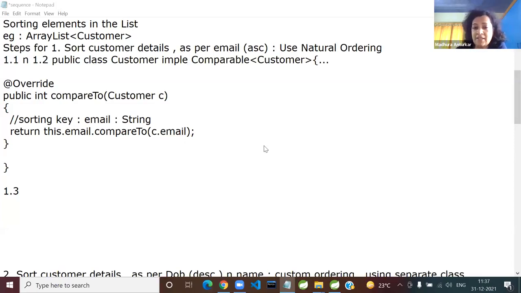Give me the name of the class. Collections is the name of the class. Very right. So here you just have to call Collections.sort, which is an overloaded method. Here you just have to supply the customer list. So see, your job is so easy.